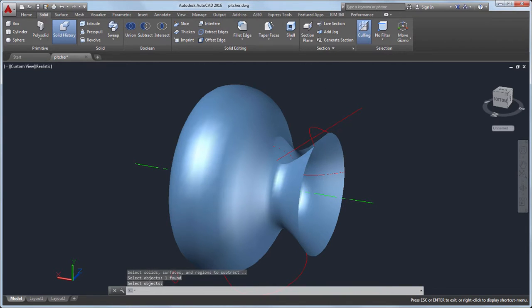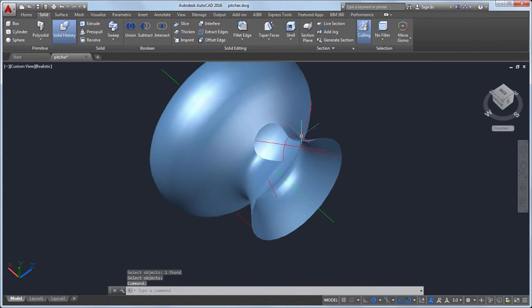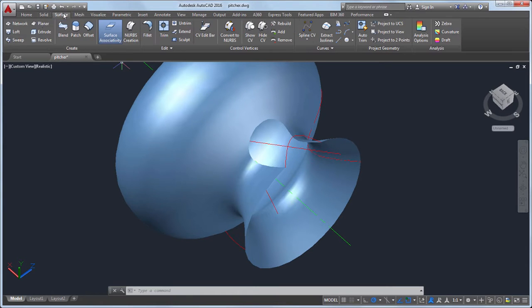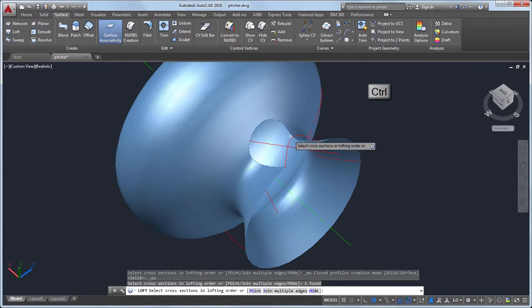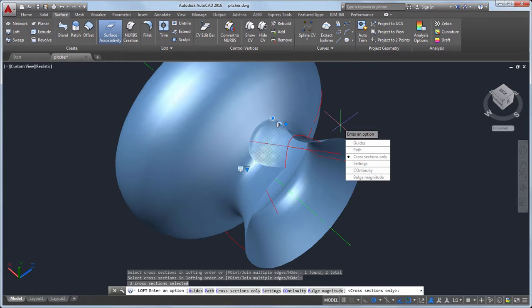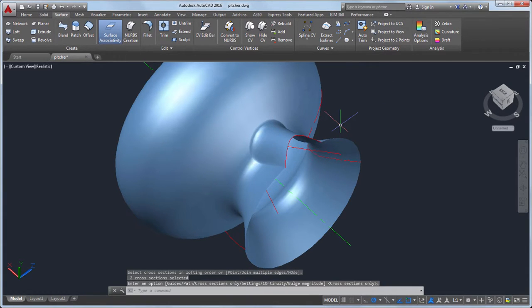I'll create the spout using the Loft command to create a loft surface between the edge of the trimmed surface and the spline for the top of the spout. From the Surface tab, I'll select Loft. Pressing the Control key allows me to select the trimmed edge of the surface. Now I'll select the top edge of the spout and press Enter to create the surface